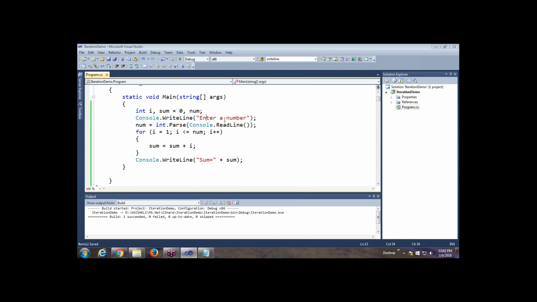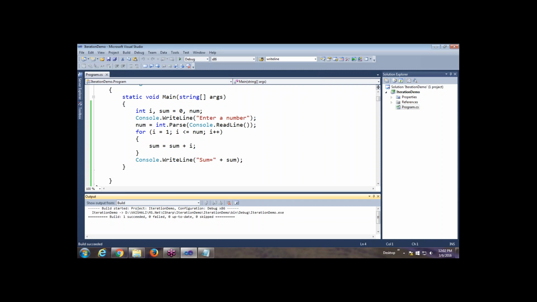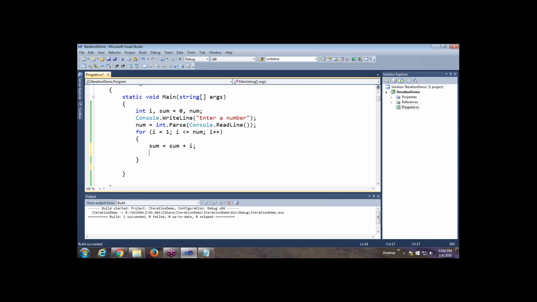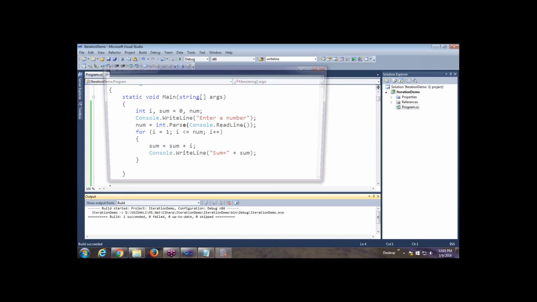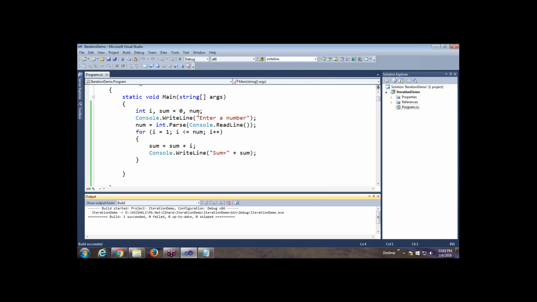So here I have written the code. We have to ask the user to enter the number, accept the number from the user. The loop would be I is equal to 1, I less than or equal to num, sum is equal to sum plus I. So now let's execute this. If I enter the number as 10, you will see the result as 55. And to be more clear, let me put this summation output part inside the for loop. So if you observe the output now, if I enter 10 here, you will observe sum is equal to 1, sum is equal to 3, 6, 10 and so on. So this is how we can find the sum of the series by using a for loop.